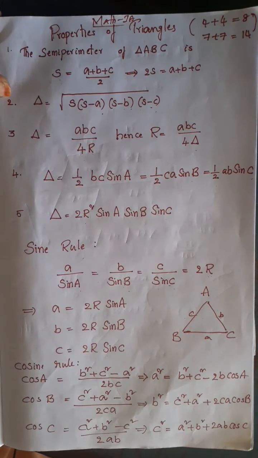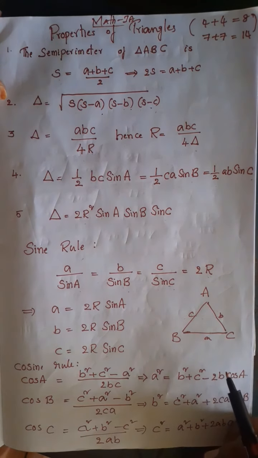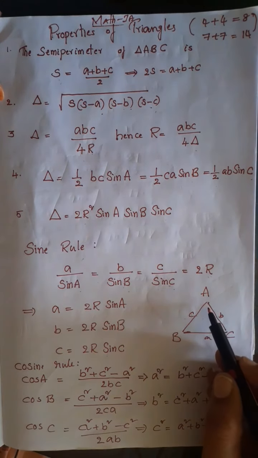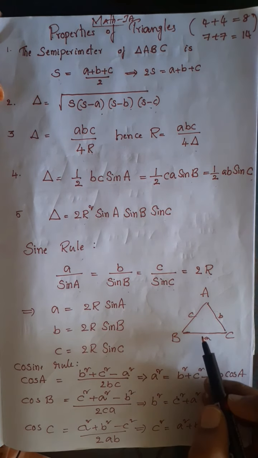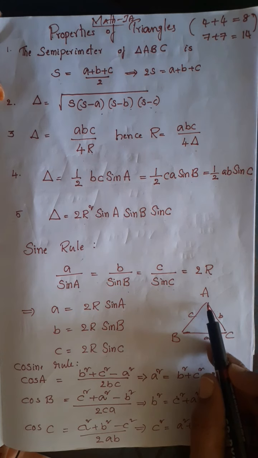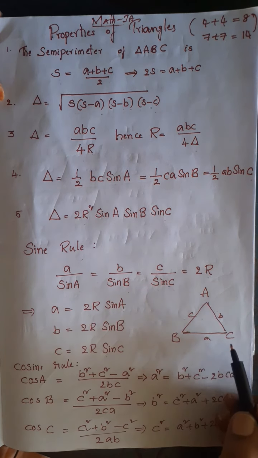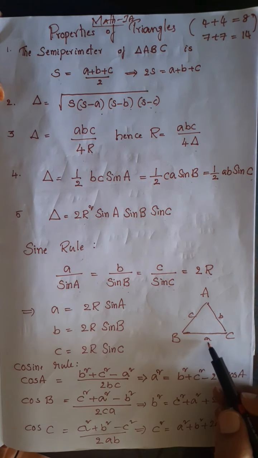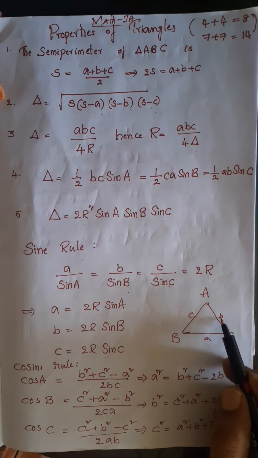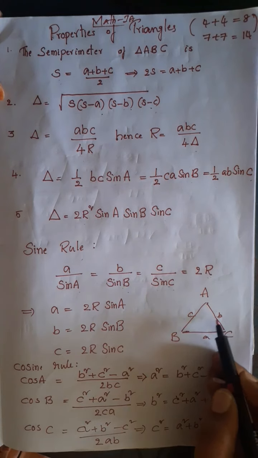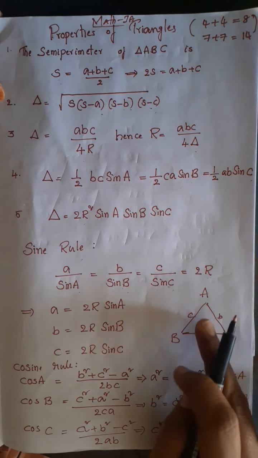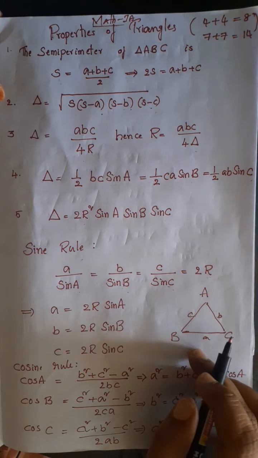Okay, first let us see the basics of this unit. Everywhere we are talking about a triangle here. If you take a triangle ABC, I am denoting the vertices as capital A, capital B, capital C. The side opposite capital A is small a, the side opposite capital B is small b, and the side opposite capital C is small c. So here a, b, c are the sides of this triangle.